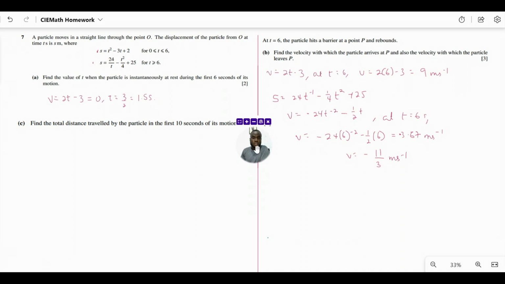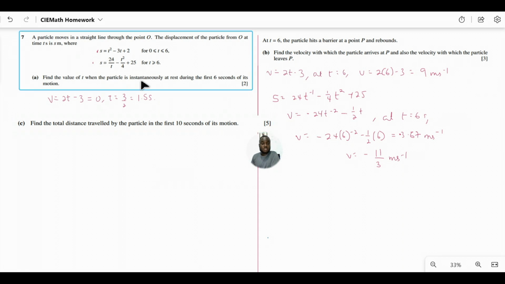So the final part of this question wants us to calculate the total distance traveled by the particle in the first 10 seconds of its motion. Now we need to be very, very careful. If at some point the particle came to a rest, then there's a likelihood that there's a change in direction happening. So we need to be very careful in calculating distance traveled, but this is not displacement. So I will entreat you to calculate the distance traveled in the first 1.5 seconds where the particle came to a rest and changed direction. And then